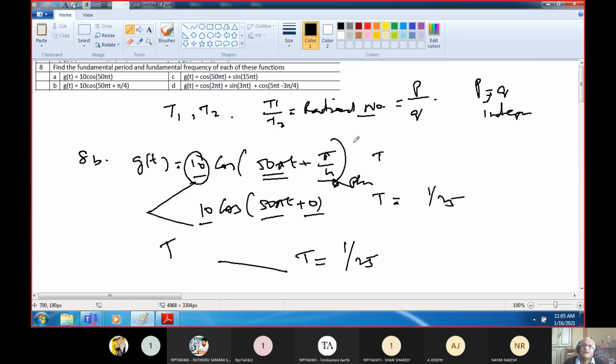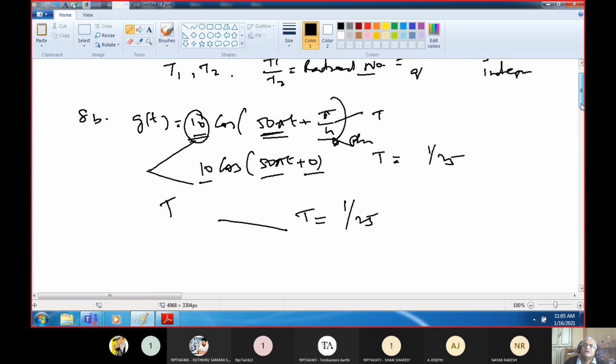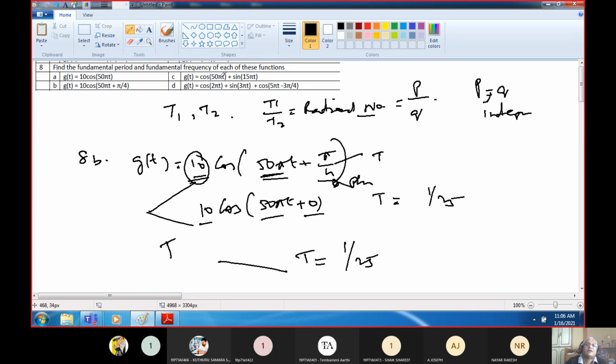Otherwise, tell me what is the problem. In almost all the subjects, you are taught about the amplitude, frequency, and phase. So once you remember these things, there is nothing else that you have to understand in the problem solving procedure. So for the second problem also, for B also, the time period is equal to 1 by 25. Same thing. You should write the same as the first one. Okay, that is how the answer goes.